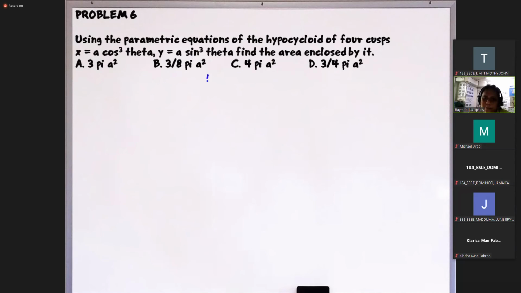Okay? So we have theta, then the value of x, and we will just follow the equation, then the value of y. Let's start theta at 0, then let's try pi over 6, then pi over 3, then pi over 2. Let's see what values of x and y we get.